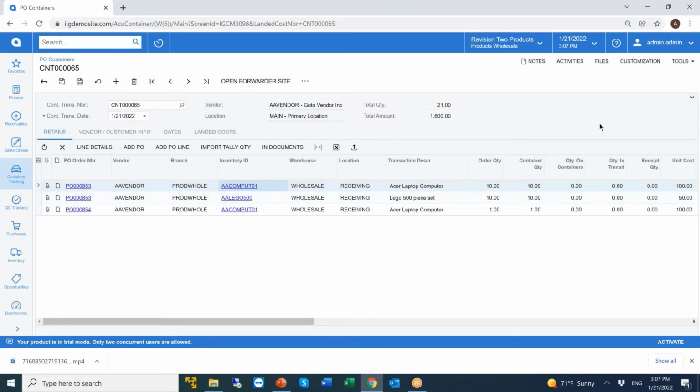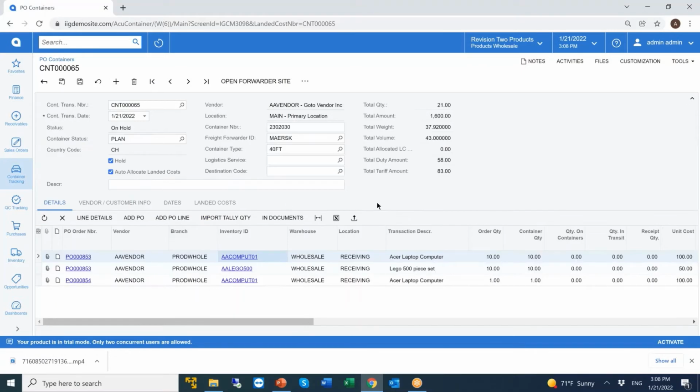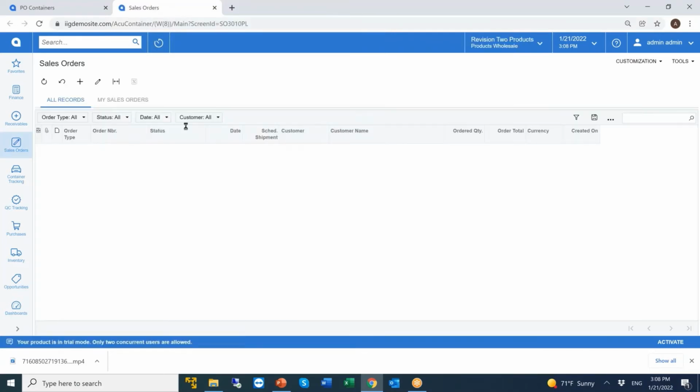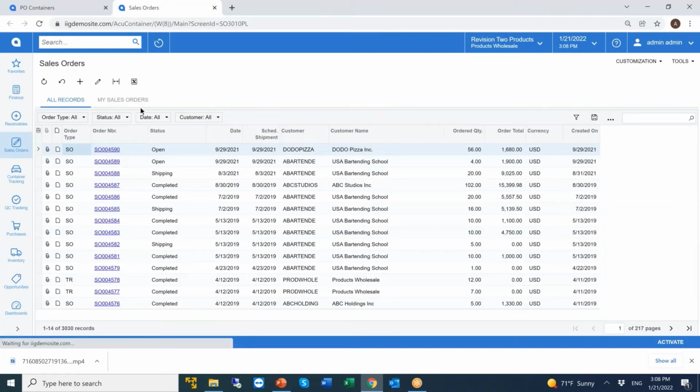The next thing you do, once you have created the container, you can save it afterwards. One of the things we do with this container transaction is that this information becomes available to you from different programs in Acumatica. If you're in Acumatica sales order entry and entering a sales order into the system and you want to look at the availability information, we would quickly show you what's available of that item. But in addition to the information that Acumatica has, we will also show you what you have in containers coming your way. So if you're entering an order and you enter